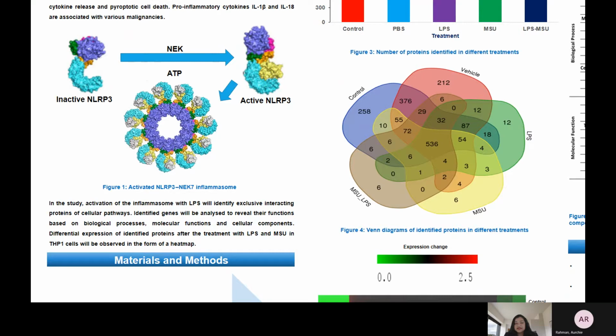In stress situations, the inactive form of NLRP3 proteins is highly expressed, and with the help of NEK protein and signals from ATP molecules, these inactive NLRP3s undergo conformational changes and form active NLRP3 subunits. These activated NLRP3s gather together and form the NLRP3 inflammasome complex. These complexes then participate in further chemical reactions in the pathways, and ultimately the cytokines IL-1 beta and IL-18 are